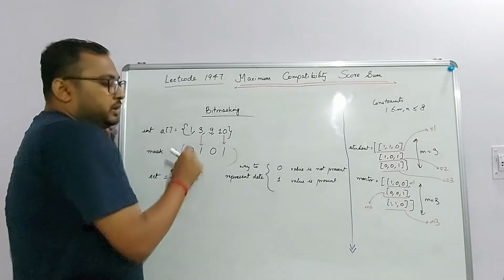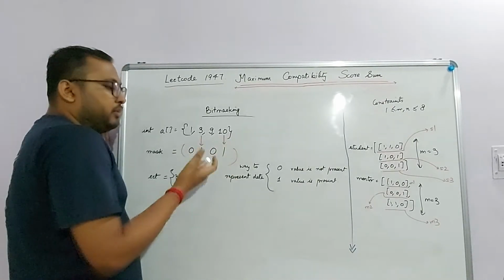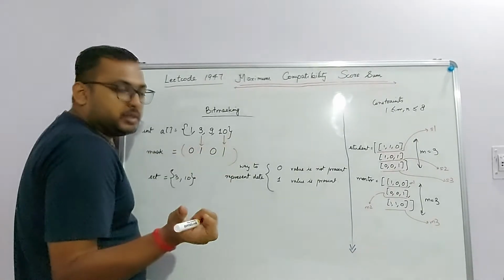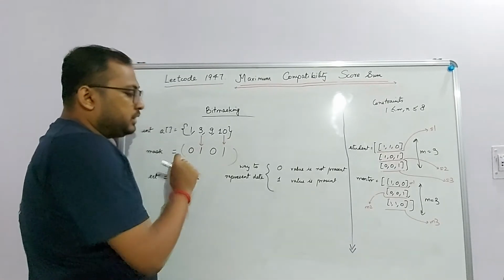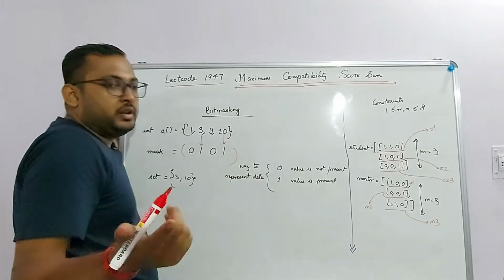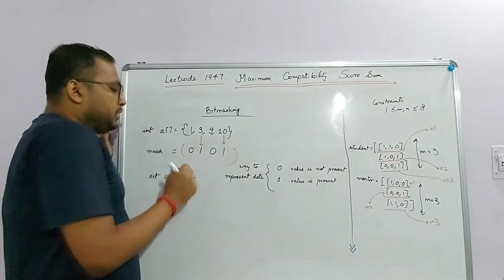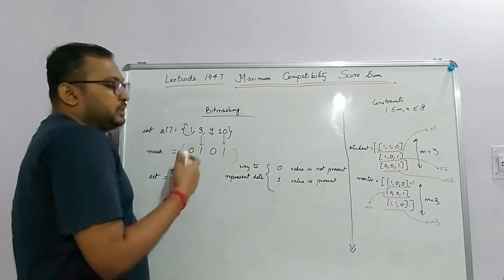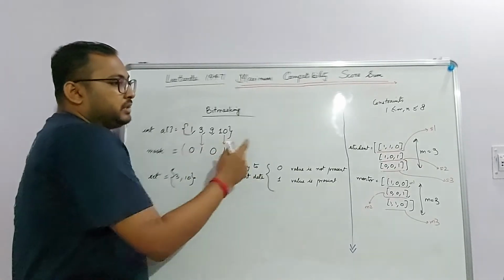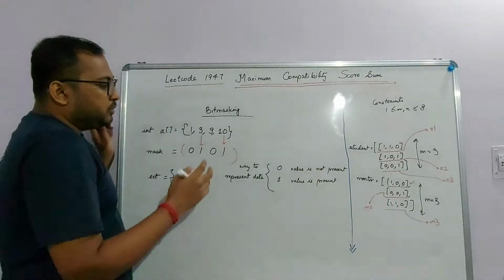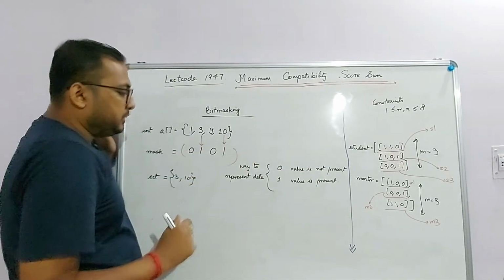So what is the maximum length of this mask that I can have? Obviously the length of an integer is 32 bits, so at max I can have a 32-length mask. For long it goes to 60 or 61 bits, so that is the maximum length of the mask I can have. That's the maximum array size you can have, and that's why these limits are there. So for smaller values, I can definitely use this mask property.